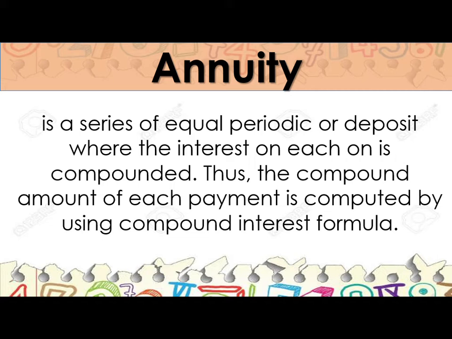For that example there will be a series or a sequence of equal periodic payments. Also, a company may decide to set aside a certain amount each year for the purchase of new equipment 10 years from the current date. These examples are considered annuities in which periodic payments are made to meet some future